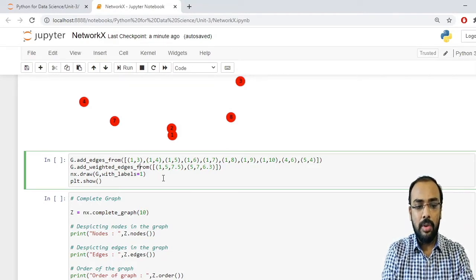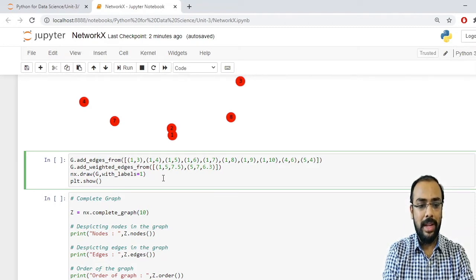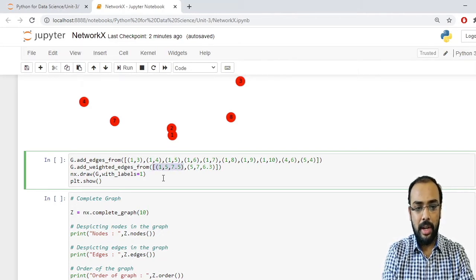Now if I want to add weighted edges, for that again we have a method named add_weighted_edges_from. Inside this method I have taken a list, and inside this I have taken a tuple. If you observe carefully, it is taking 3 parameters.